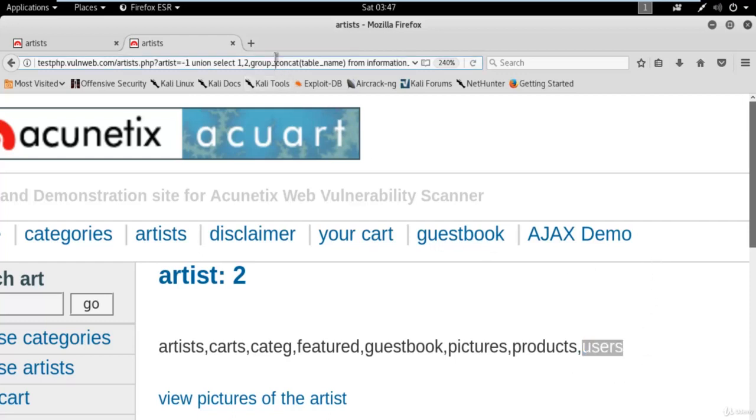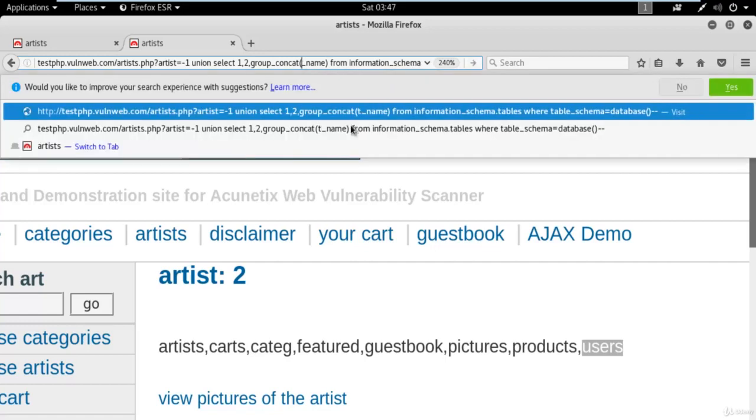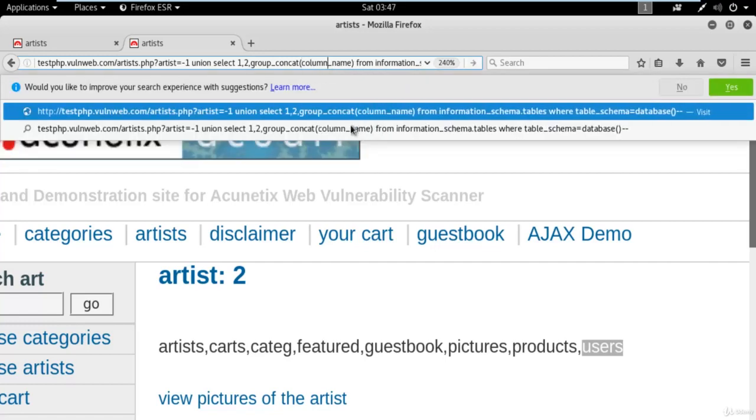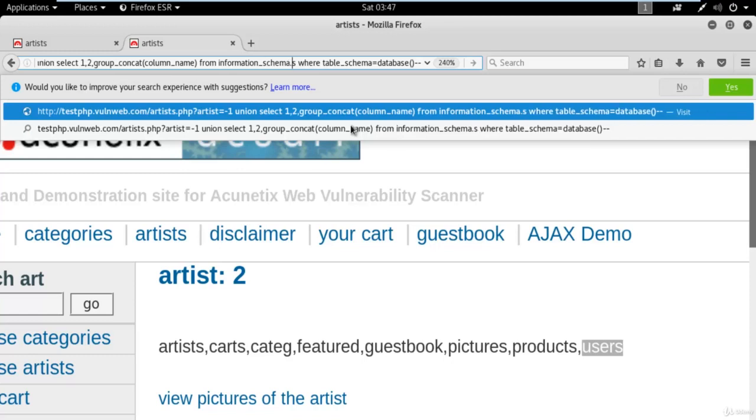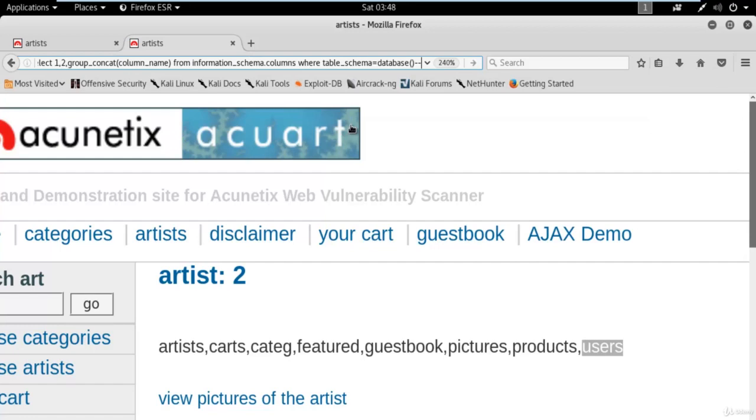So how you can find out the column name? Simply you need to change tables with columns. So if it is table underscore name, you can type here column underscore name. From information underscore schema dot columns, replace tables with columns, COLUMNS, where now here you need to change something.